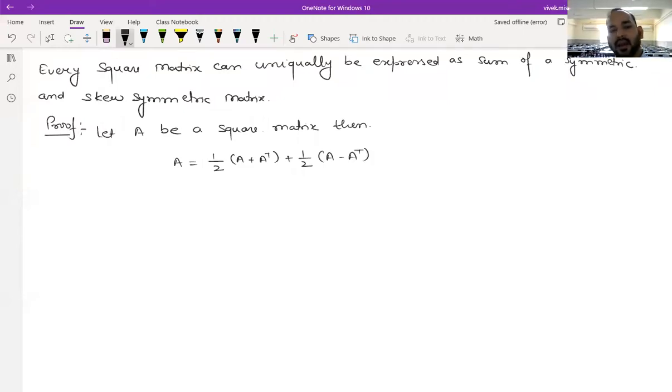That's simple algebra। Half of A transpose minus half of A transpose cancel हो जाएगा, half of A can be written as A। Clear? Yes sir।